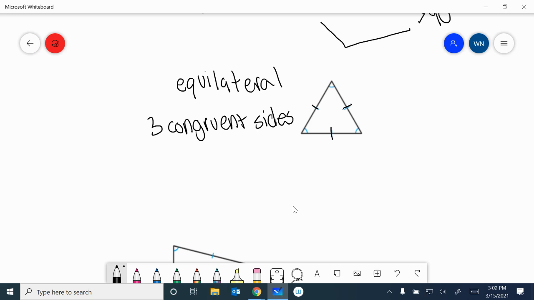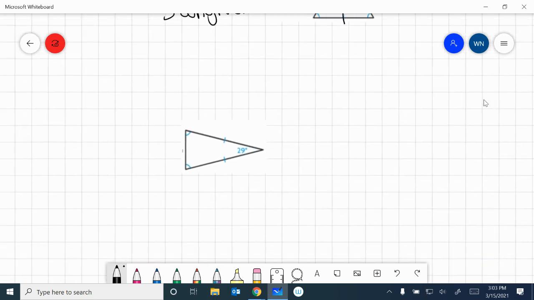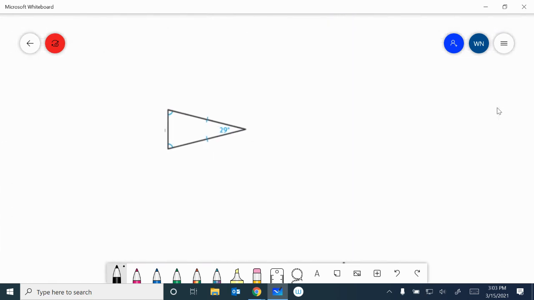Equilateral, 3 congruent sides. Remember, we're focusing on sides first. So the equilateral triangle is the one with 3 congruent sides. That means that all of its sides are equal. Let's move on to your second triangle there. It looks like this. As you can see, 2 of them are equal, but this third one is not equal. So if we have 2 congruent sides,